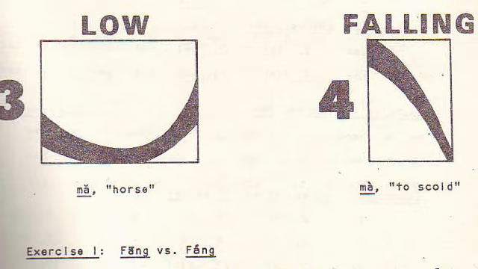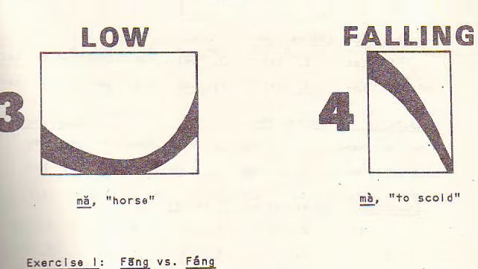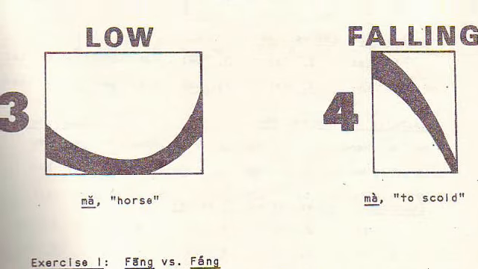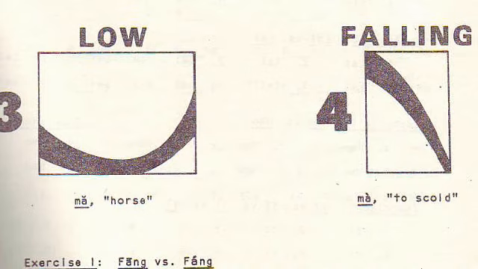Now try saying the falling tone word to scold yourself, and repeat. 骂 Notice that the tone mark drops from left to right in the direction your eyes are moving. Try saying to scold again, and repeat. 骂